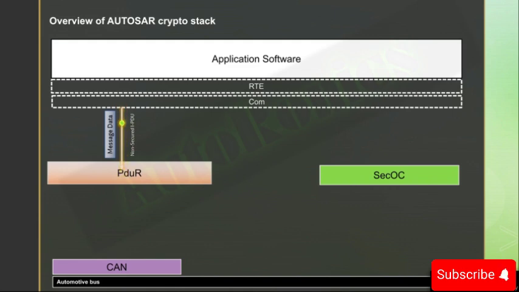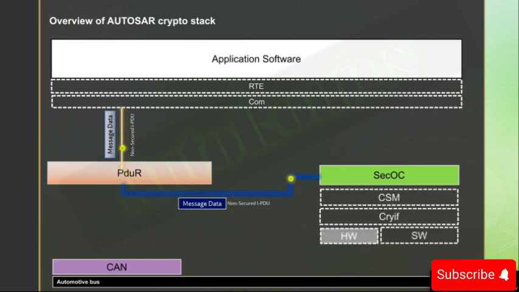Once it reaches PDUR, the PDUR sends that to SecOC, which is also the non-secured IPDU. From SecOC, it passes to the CSM, where the job will be processed. Here a job can be encryption or signature generation. And then the data is sent to CryIF and to crypto hardware or software through the channel.